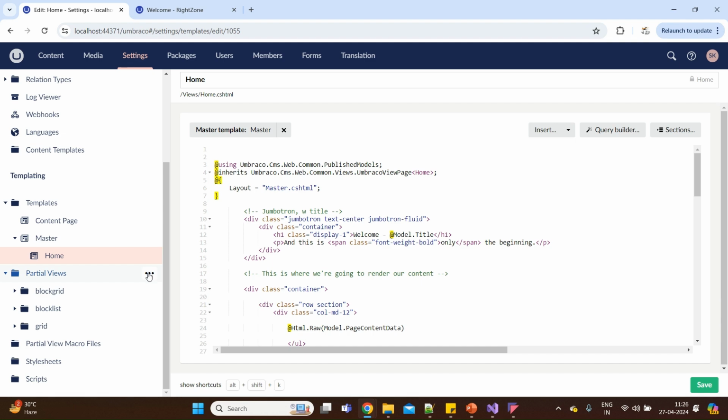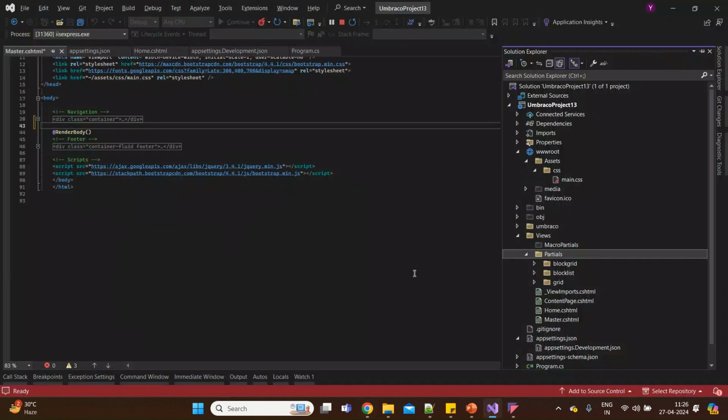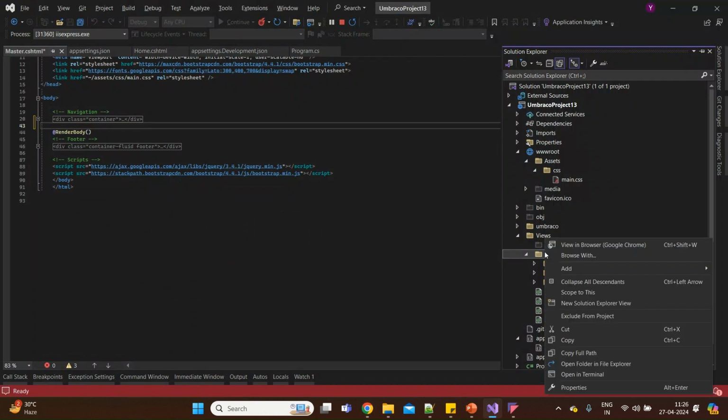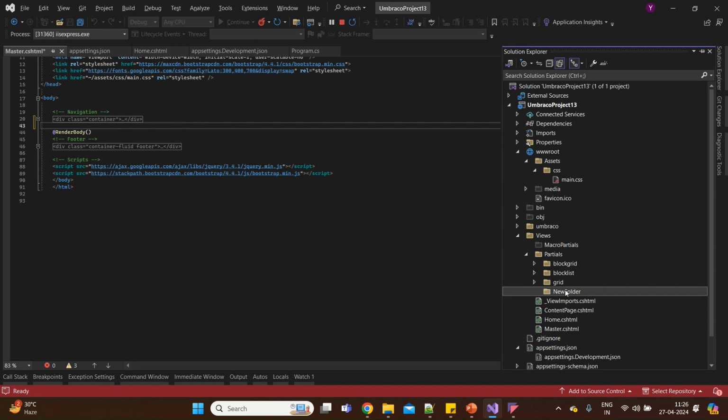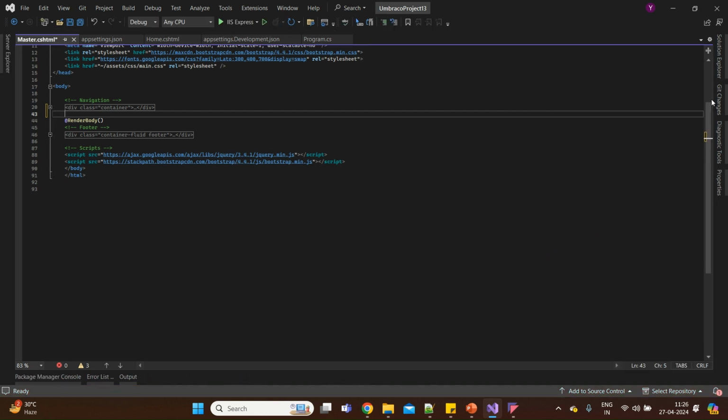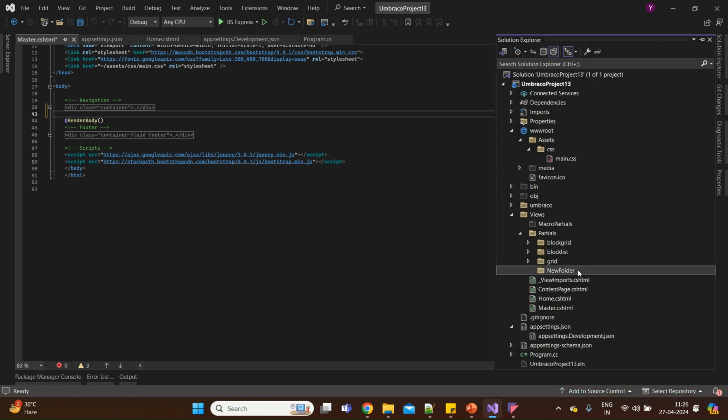So I will create one page from here and one page from the Visual Studio. So from starting, adding new folder, navigation,